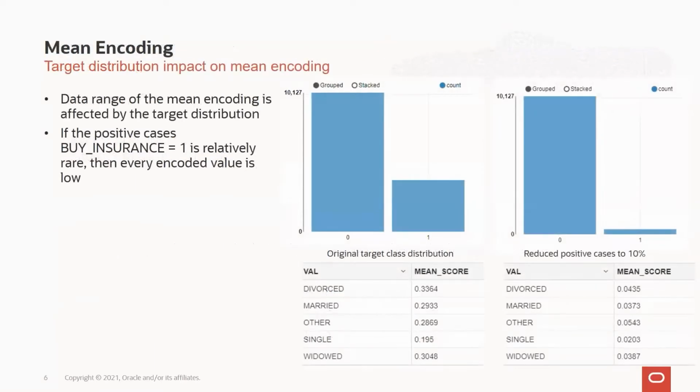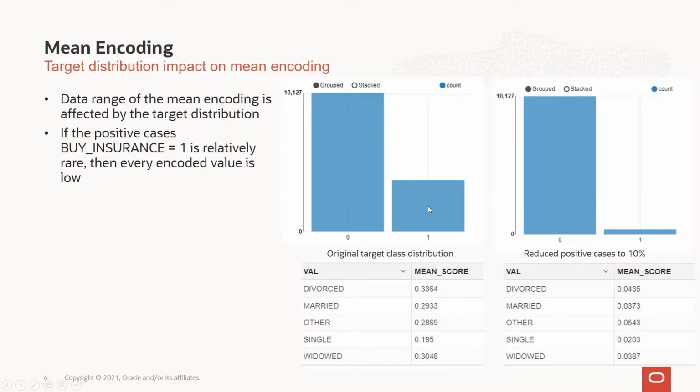And beyond that, we can see there's more issues with that mean encoding. So one issue is that it is kind of sensitive to the target distribution. For example, on the left, this is our distribution of the buy insurance. Naturally, originally, the number of positive cases is roughly about one third. It's not that bad, and the mean encoding score here reflects roughly that, and we have reasonable values